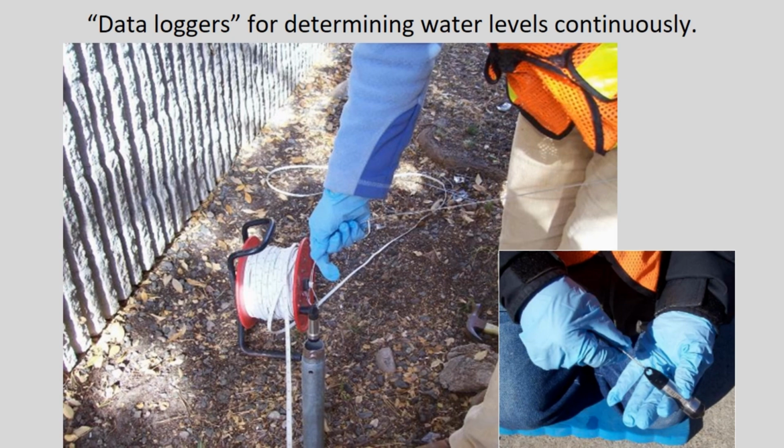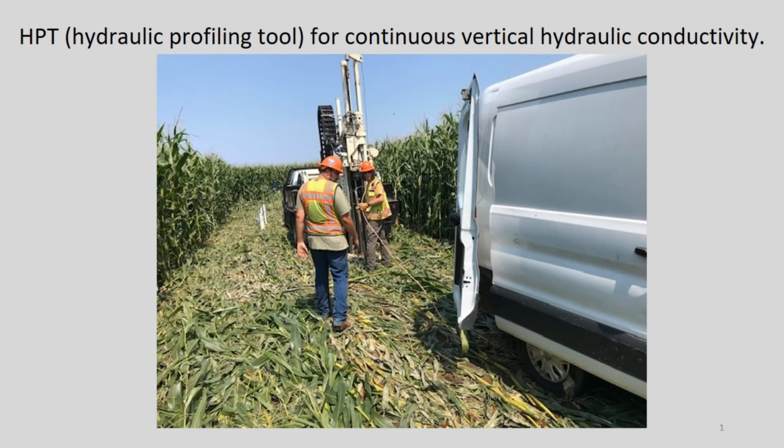high resolution measurements. So this is the HPT hydraulic profiling tool that we use to get high resolution vertical hydraulic conductivity at our sites. And this allows us to get a proxy for the geology. In this case, this was sand that went down a long ways. However, it would distinguish between sandy units and clay units. And basically what happens is the probe is pushed down by the geoprobe. There's water emitted at a constant rate, and the resistance to the water being injected into the formation is related